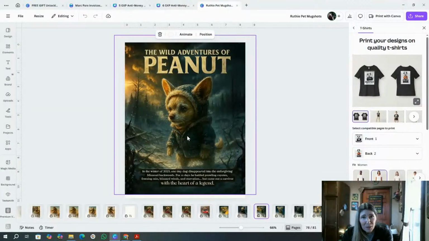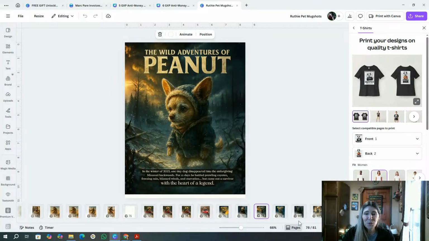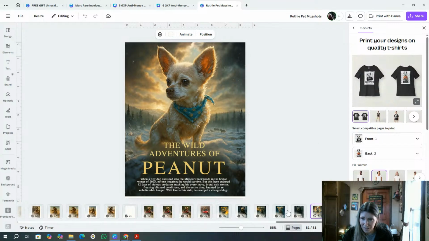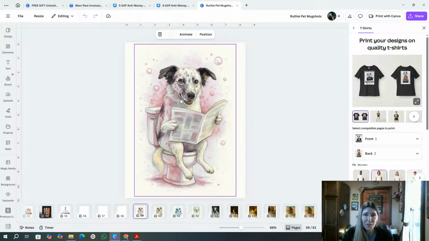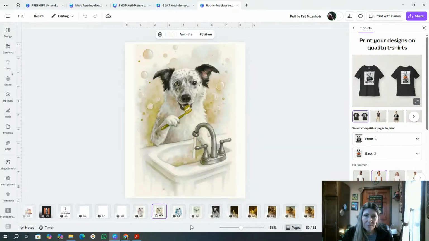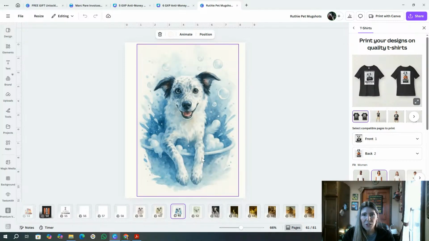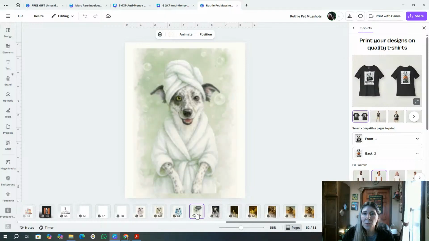So that's actually what Peanut looks like. And I made these little movie posters. So you can do all kinds of things. And let me see, these are the bathroom prints I did of my daughter's dog. This style here is called watercolor splash. I love watercolor splash. It's a watercolor, but it also does all the splashes. It's pretty simple. And I did it just in different color palettes, so it was kind of like a rainbow effect. These are great gift ideas.